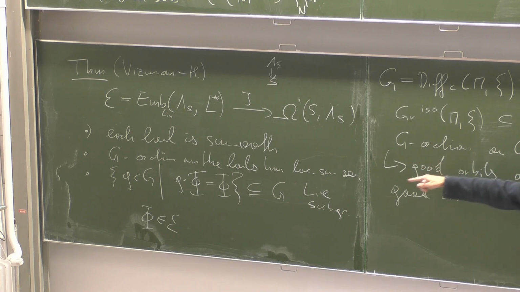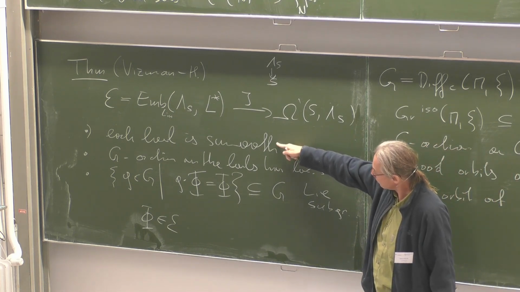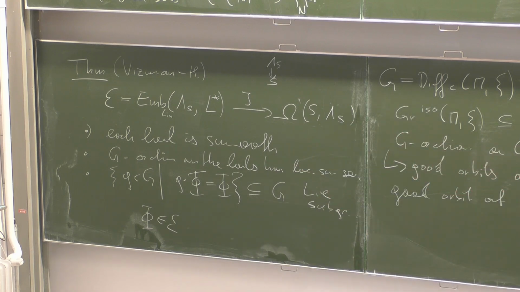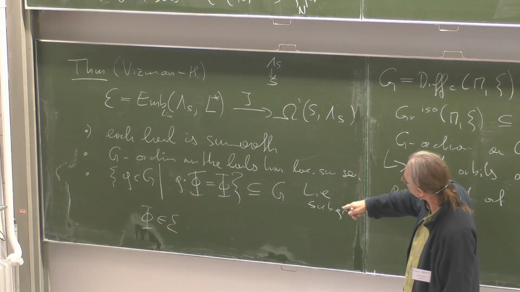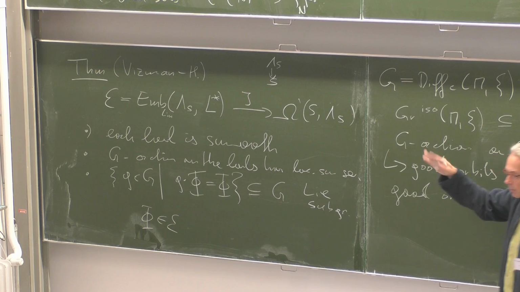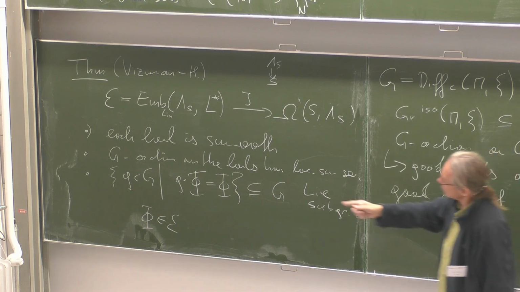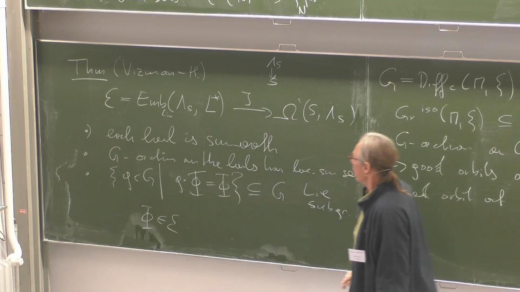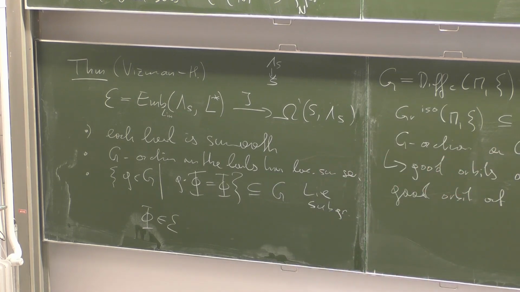And so the smooth structure you have on the level after modding out the diff S action will give you local smooth sections here, because you can also split the map from the embeddings to the Grassmannian. That can be locally split, and then you compose with local sections over there. And